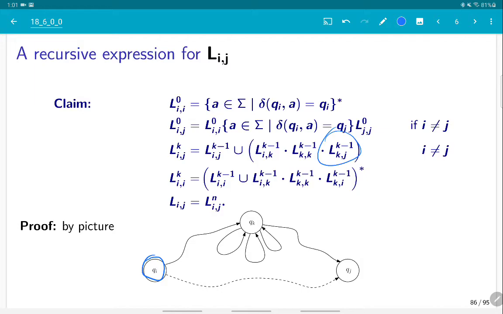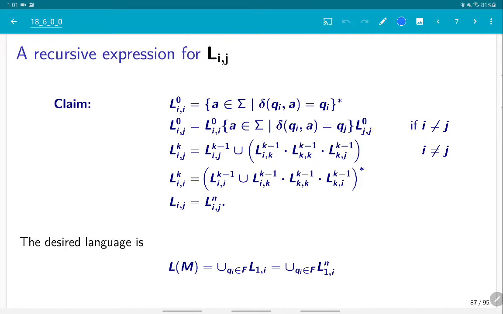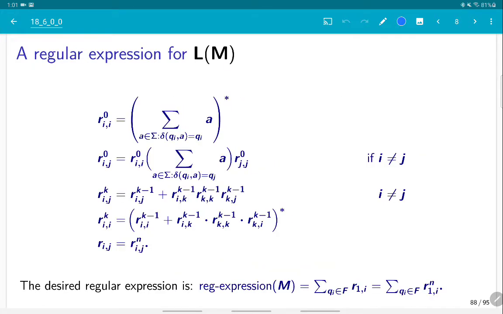Let me mention, by the way, that those equations are not easy to derive because you have to be very careful. I do believe that what's written here now is correct, although it took me a while to fix the previous version, which was false or buggy or incorrect. Okay, anyway, the desired language is just the union of the relevant languages. And now we transform the system of equations we had on the languages into operations on regular expressions, right? Where we do things like,